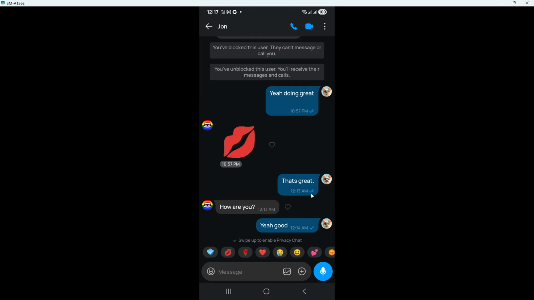If you see two check marks, that means the message has been delivered to the recipient. So at this point, the message has reached their device or account, but that does not always mean they've opened the chat and seen it yet. Delivered simply confirms that the message arrived. If the double check marks turn blue, or if you see a read indicator, that means the message has been read. This is the clearest sign that the recipient has opened the conversation and viewed your message.